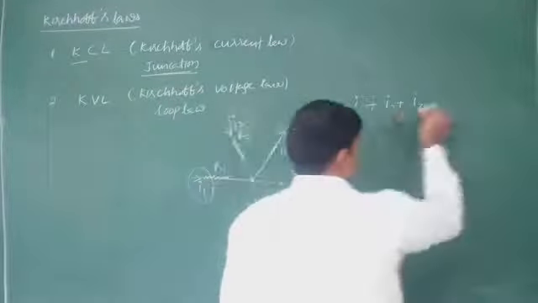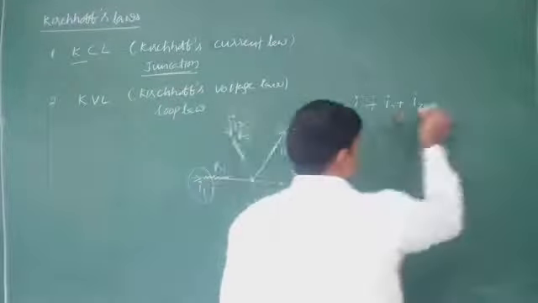So observe how we apply Kirchhoff's voltage law. What is the statement? The algebraic sum of the potential differences in a closed loop must become 0. Here potential is dropped across the first resistor. Potential is dropped, so that is V1. Drop means that the value decreases. So minus V1.